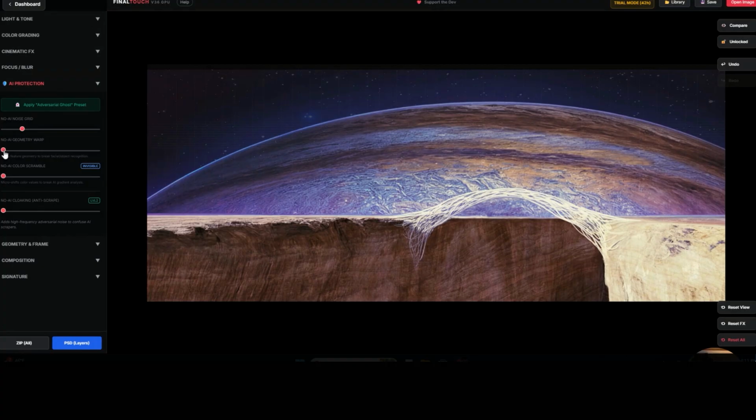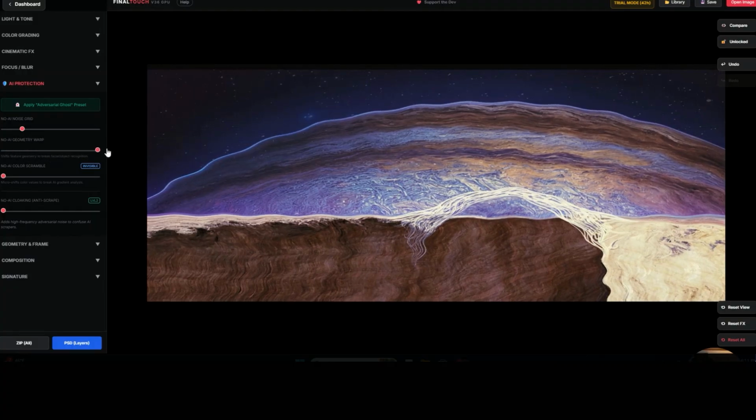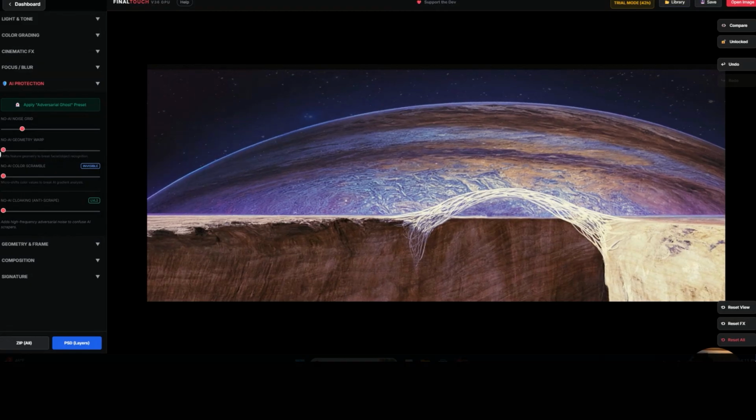This one, the no AI geometry warp, is probably one of the most destructive ones, so you have to be very careful because it will create some undulation and waves on the image, and you can see if I push it, it's totally wasting everything. So it's powerful against AI, but I would advise to not push it so far, just a little bit. The color scramble is totally invisible to the human eye, and this is something you can push very, very far, and you can really